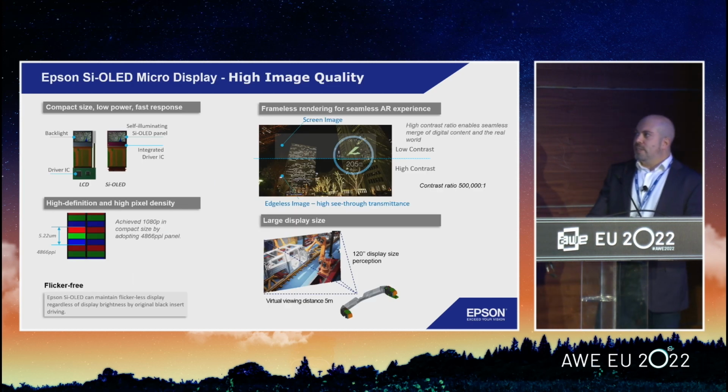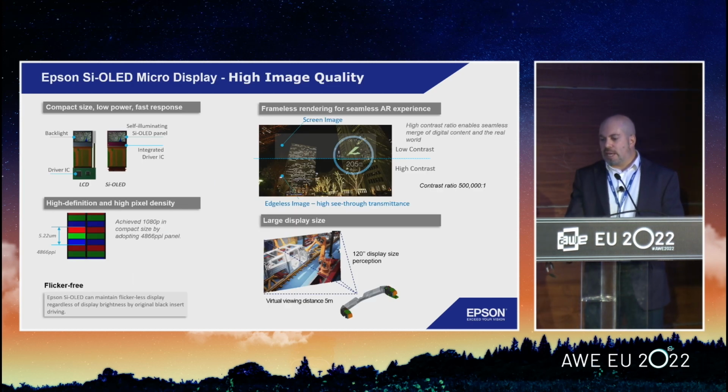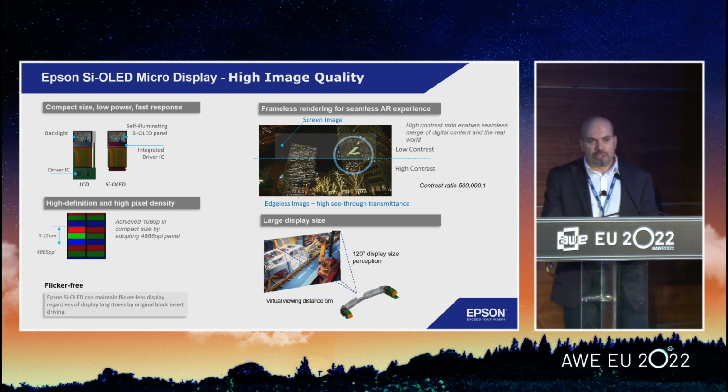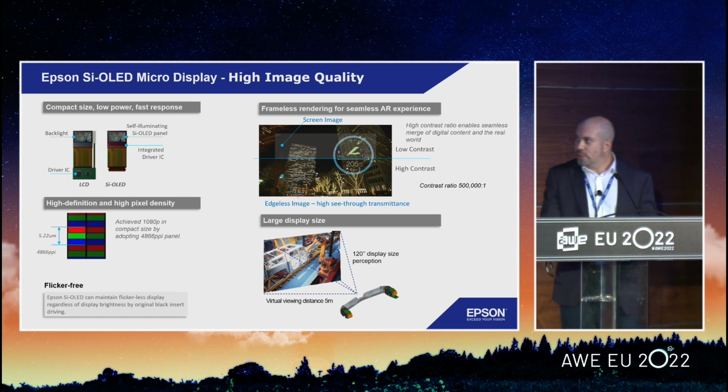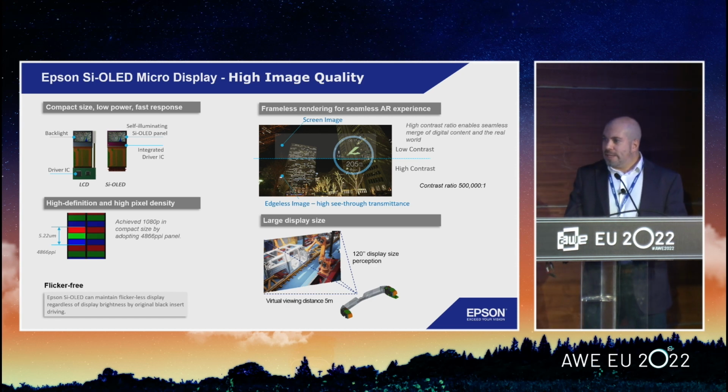So the silicon OLED is our own product that's been designed by Epson, and we believe that OLED offers a lot of advantages in comparison to other display solutions. It's not only that it consumes less power and it's more compact, but it offers high contrast ratio, which is quite critical for augmented reality applications. Contrast ratio in that product is 500,000, and it allows frameless experience, totally